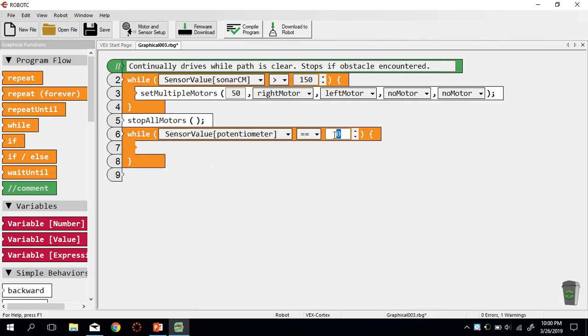And we can check that value. So while our potentiometer is less than a certain value, remember, the potentiometer only measures 180 degrees. So that scales in the potentiometer from 0 to about 4,500. So while the potentiometer is less than 4,200, like for instance, while the arm is fully down or less than fully up,